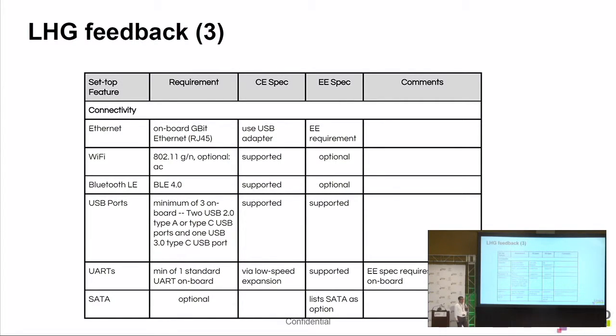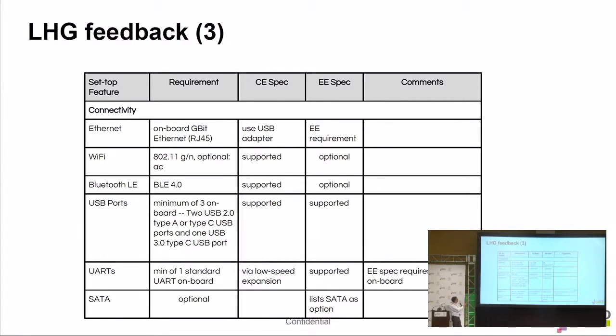Now everything is going to go Wi-Fi. So the new broadband routers are supporting 802.11 AC, and they're not using the coax within the house anymore, so they're bypassing all that. Bluetooth, USB ports, UART, if it's like an FTDI,